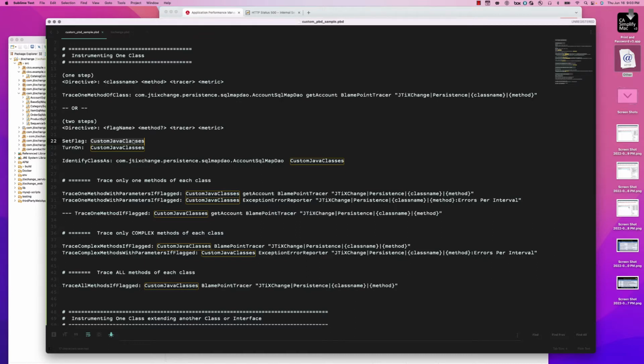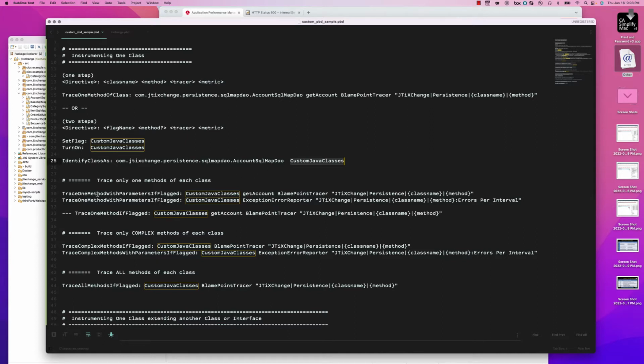Okay, so we set the flag, and this is the name we're giving to our flag, our label. The next thing now, I'm going to say identify class as. Okay, this is a directive, right? And in here, I'm saying identify this class as this label, as this flag. Okay, so this is almost the same as this. All right, and then when I actually tell it to instrument the method,